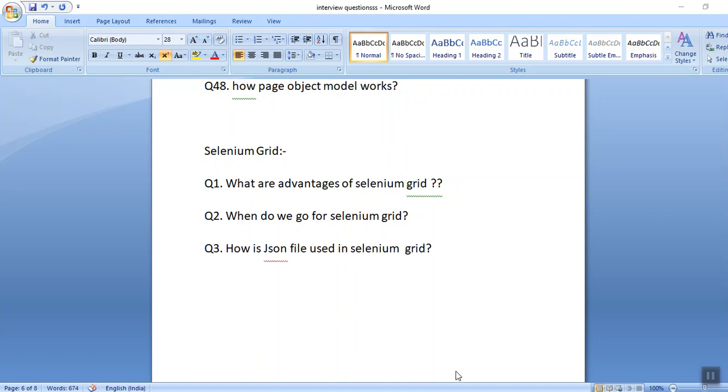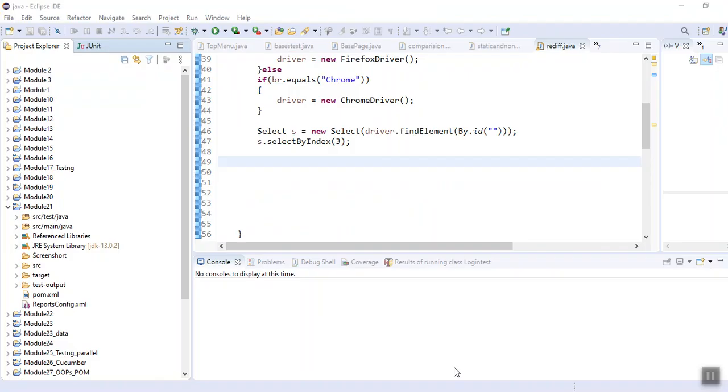Next common question is, how are JSON files used in Selenium Grid? If you remember, I have discussed there were 3 JSON files I used in my framework, node 1, node 2, node 3. First of all, it helps us to fire the commands. We need to initialize the hub, and after that we need to set up the nodes. They also provide the configuration of our hub.